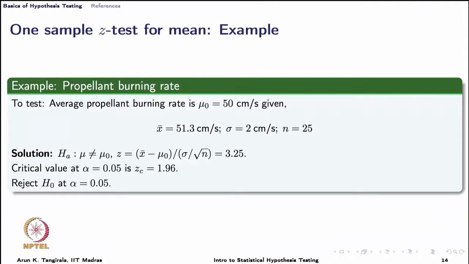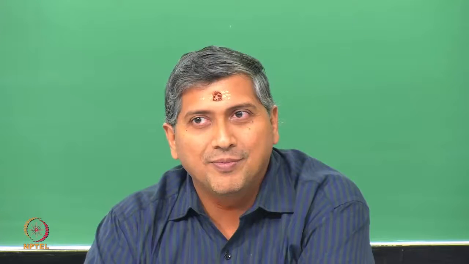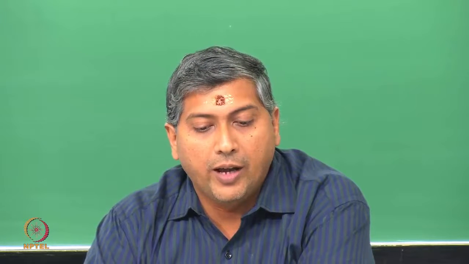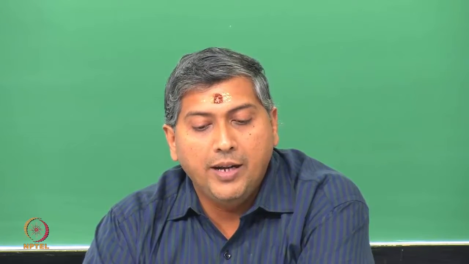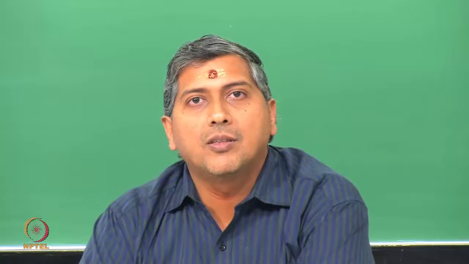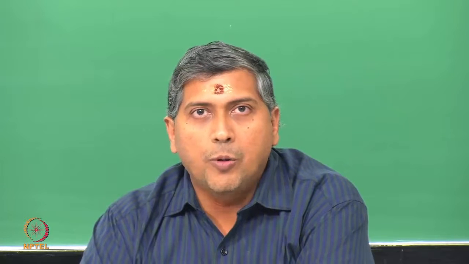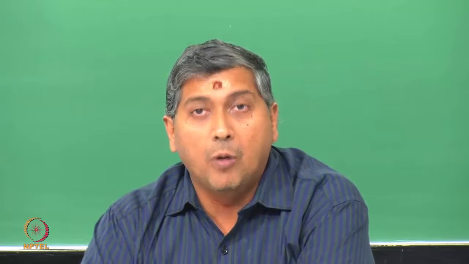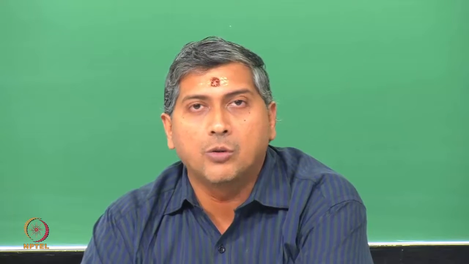therefore, reject H naught. Why? Because the observed test statistic is more extreme than what I can tolerate, right. It is 3.25 versus what I am willing to tolerate, 1.96. Therefore, I reject H naught. What this means is, I believe that most likely the null hypothesis is not true. There are no probabilities that I am calculating here, such as the probability of H naught not being true and so on. We are not making any such calculations here.